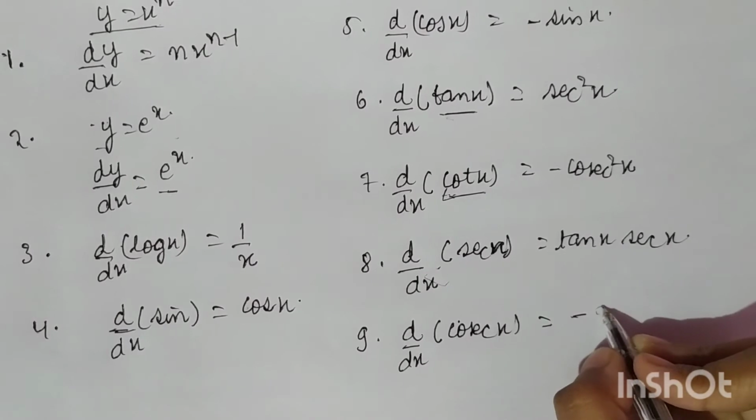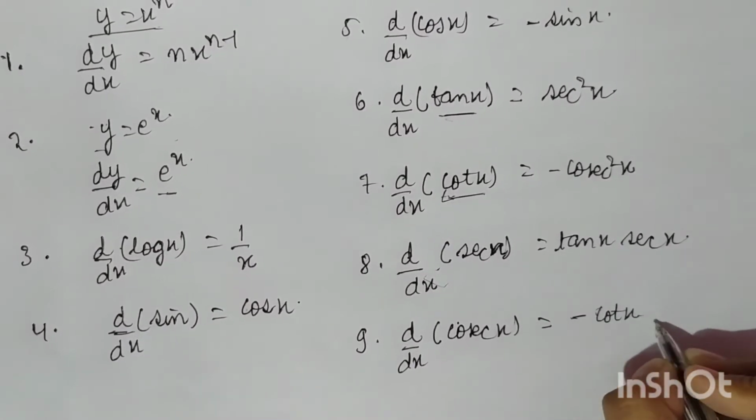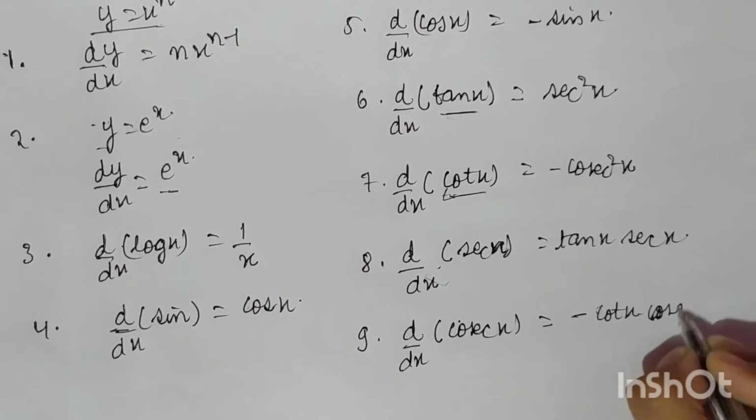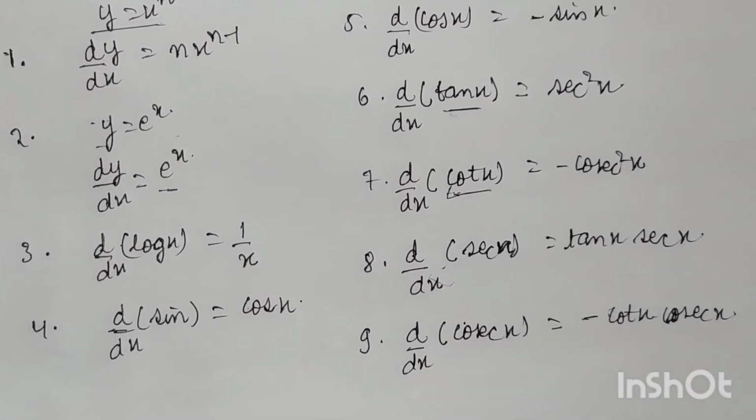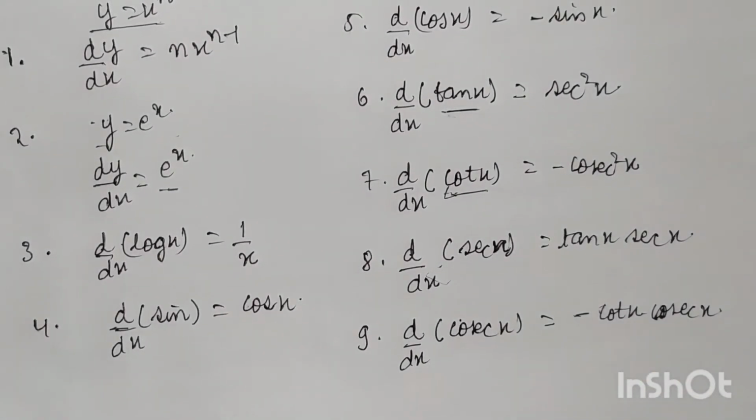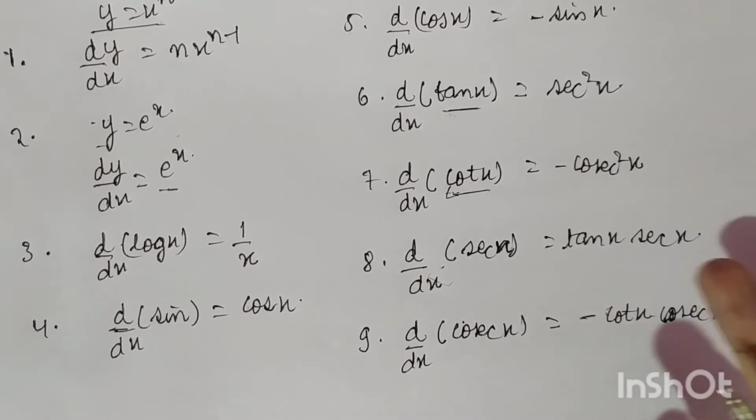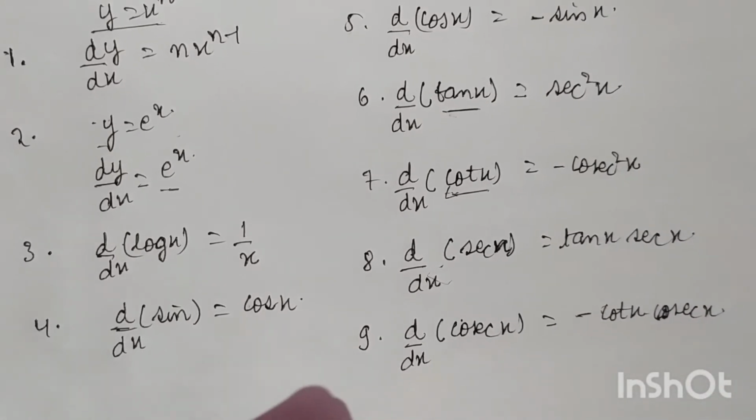Minus cot x and cosec x. Okay. Now one more thing: if we are given two functions in multiplication,